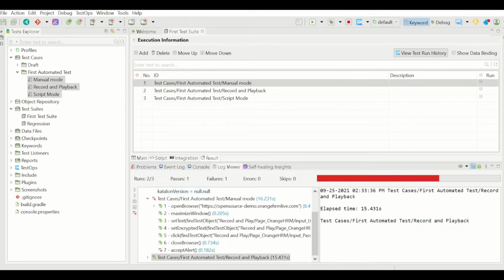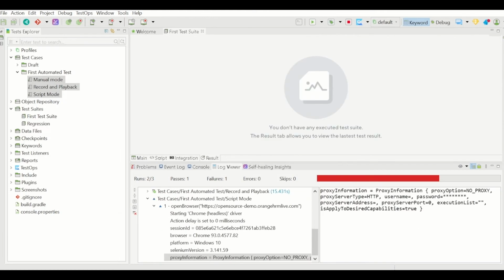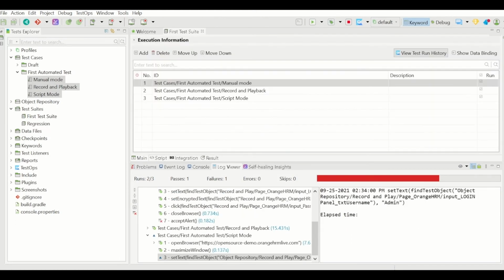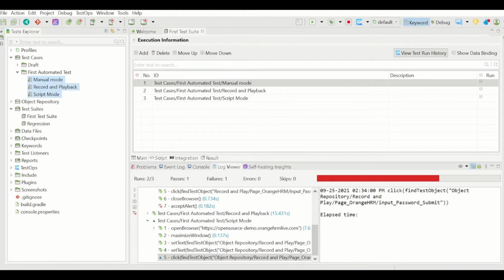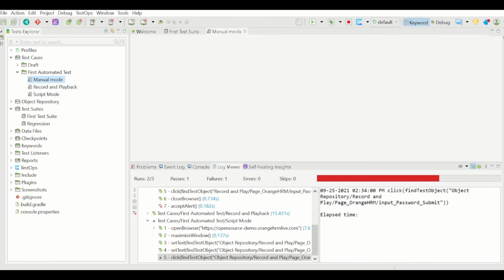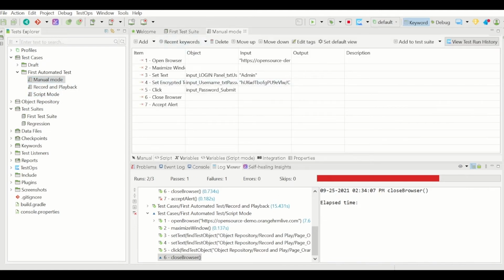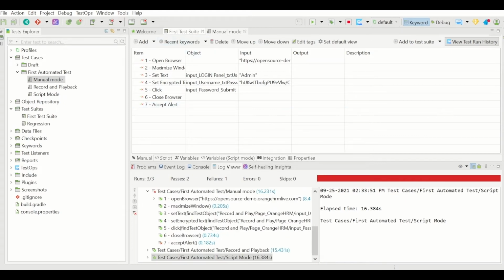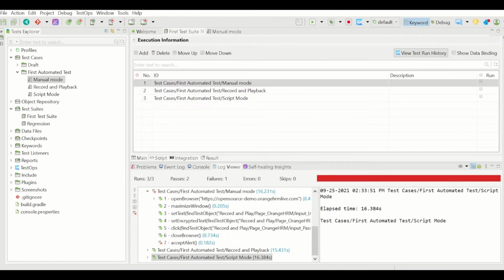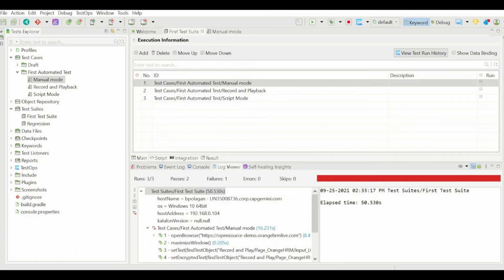So here you will see the results window, which is additional, which was not there in our individual test case execution. If you see, there is no result window, right? But here in our test suite, we have this result tab where we are going to see the results of this entire suite execution. So now the execution seems to be completed. Two test cases passed, one failed. Out of three, three were attempted for execution.